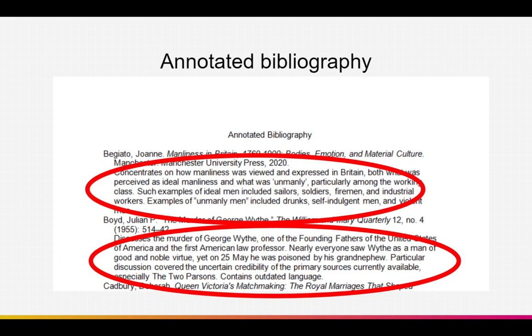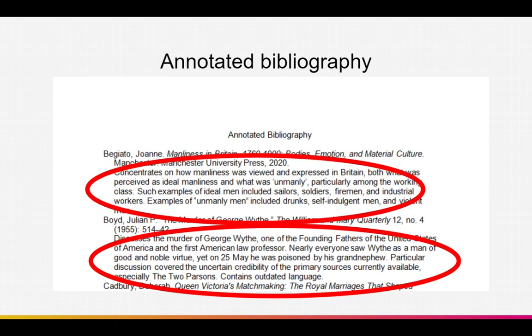Now, this can be a short paragraph like I've got here, or a longer paragraph. It depends on the assignment, but this is something that you might be asked to do. If you're ever stuck, you could always contact the Center for Academic Development for guidance.